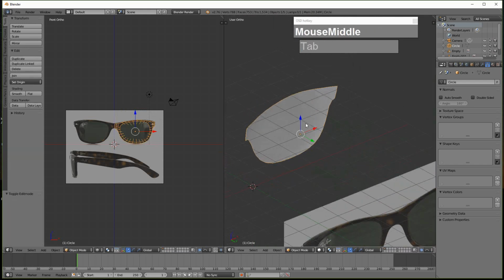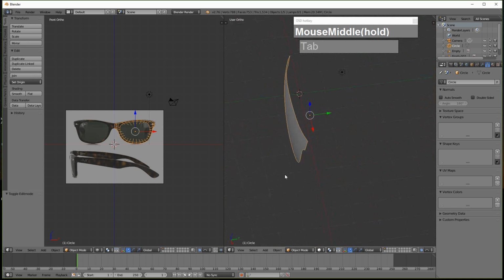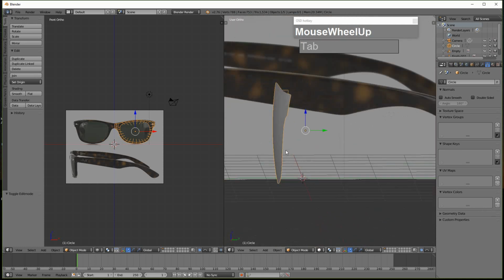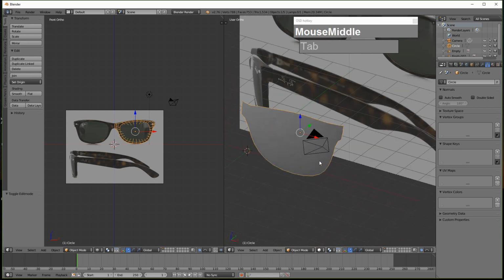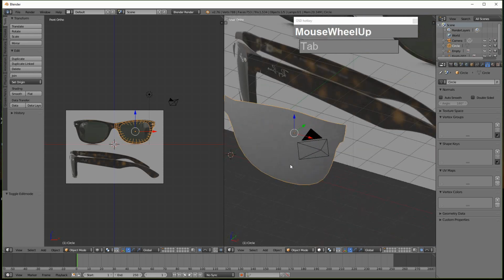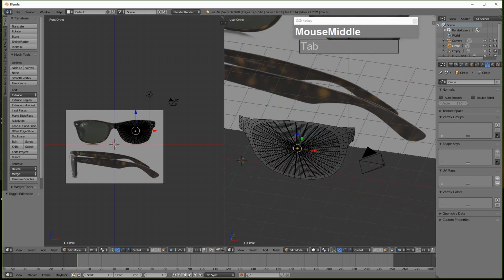If I go to shaded mode and then go to object mode, now I have this very nice bulging look, and even the frame itself is bulging out slightly. So now the next operation is to separate the section that forms the lens and the section that forms the frame. So I'm going back to edit mode,